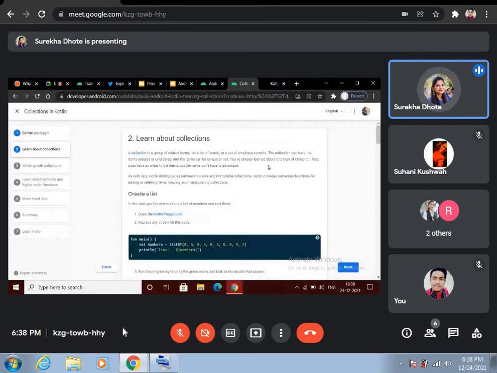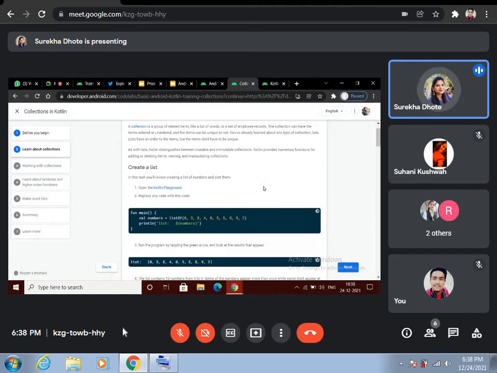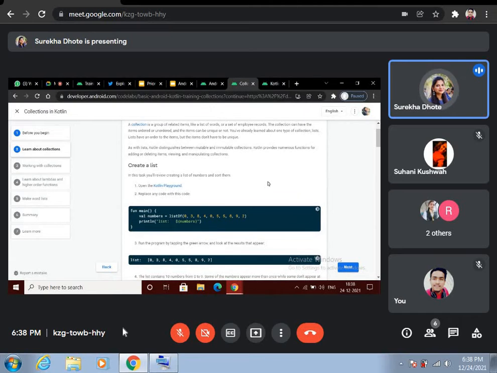You have already learned about one type of collection, that is lists. Lists have an order to items, but the items don't have to be unique. As with lists, Kotlin distinguishes between mutable and immutable collections. Kotlin provides numerous functions for adding or deleting items, and viewing and manipulating collections.